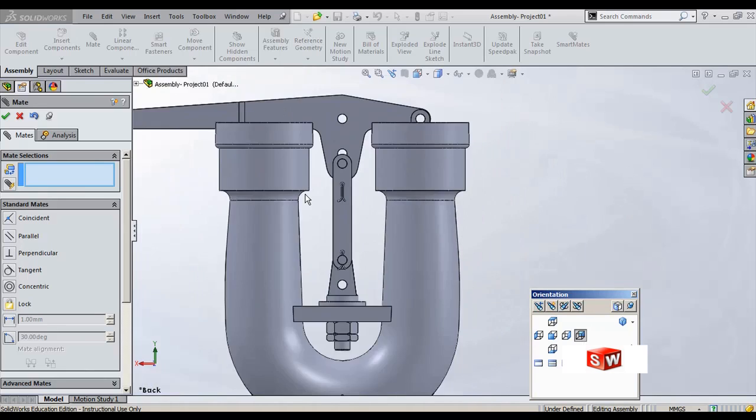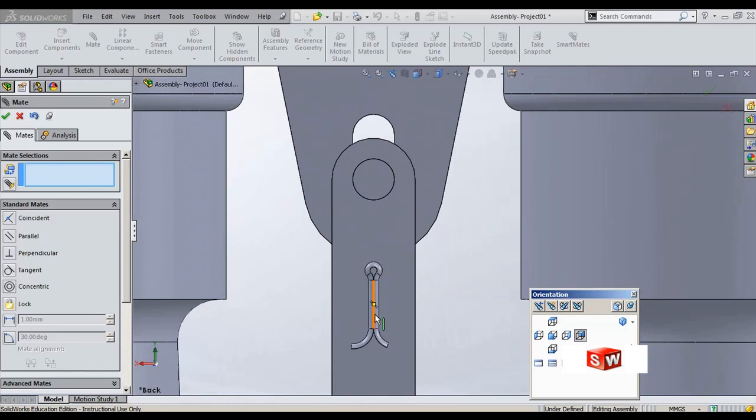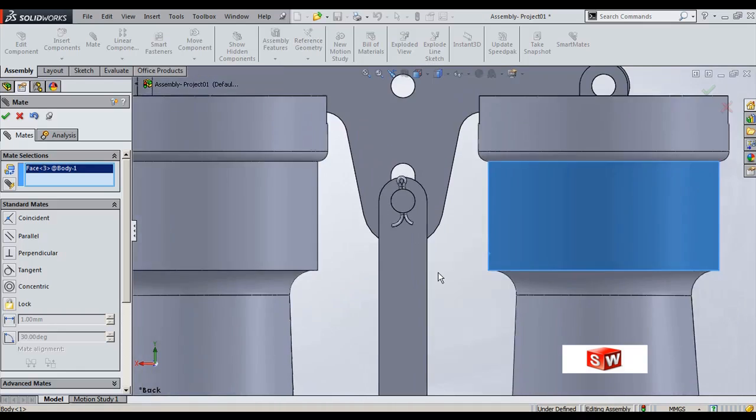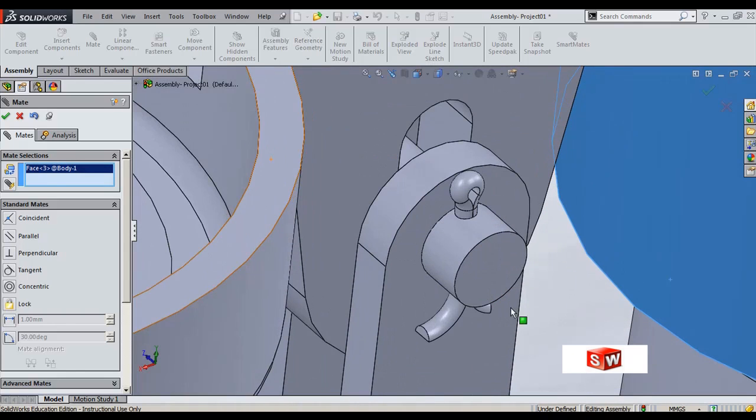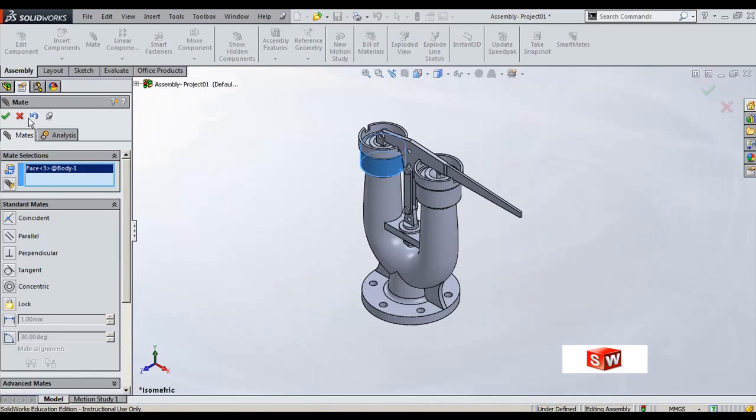Yes, this is the exact view required. I can now select this edge, and I can say I should place it here. We are placing, not exactly, because the split pin is not required to be placed exactly there. We just need to represent that the split pin is assembled here. So once it is completed, we required